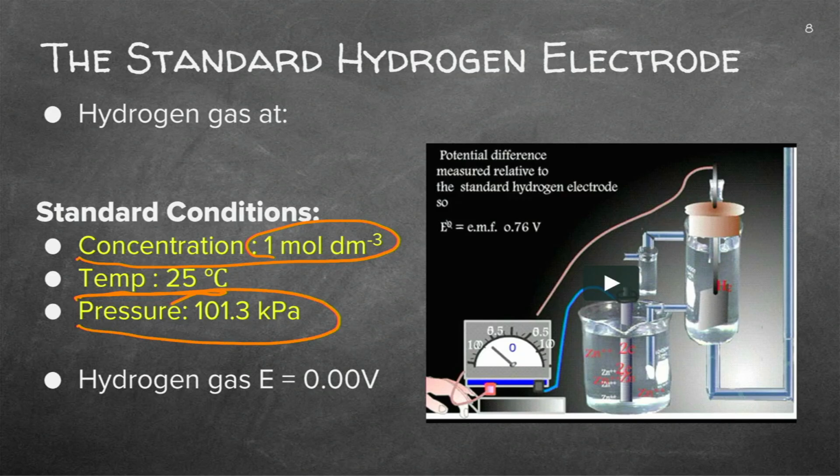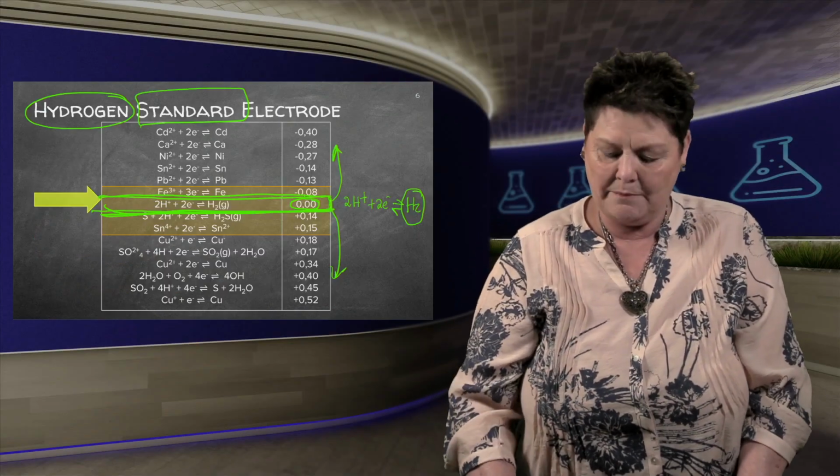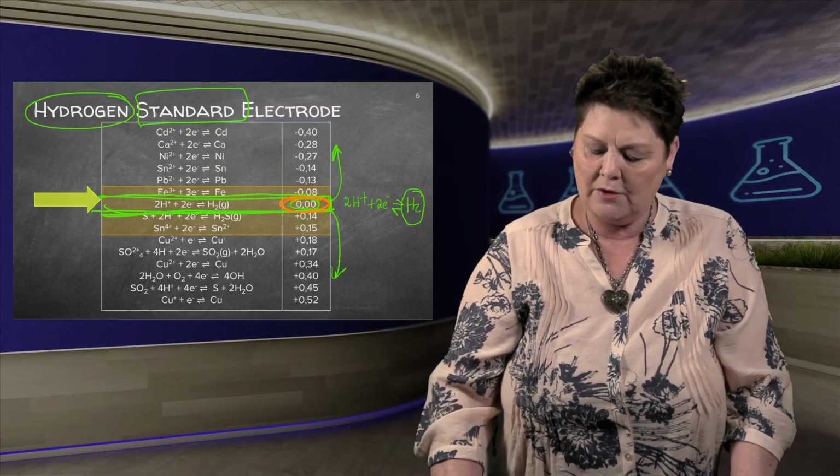And the atmospheric pressure you'll also find on your information sheet. So you can only measure hydrogen gas with a value of 0 if I'm adhering to those 3 conditions. So careful, you don't have to do that. They already did it for us. They did the comparison and they got to that table. So we've got the hydrogen at 0 there, and they compared all the others.